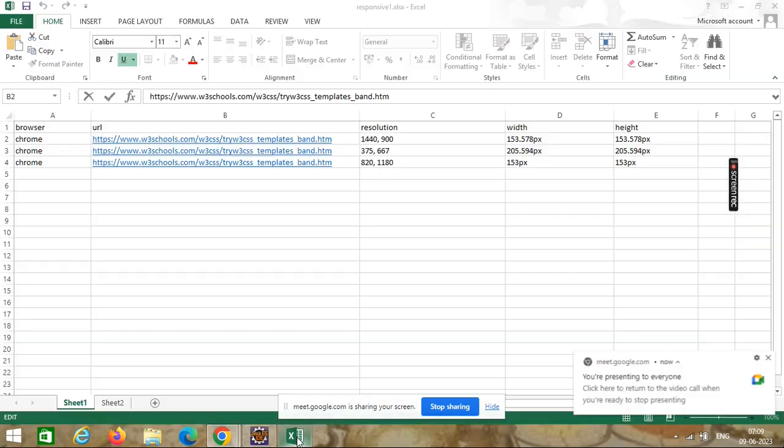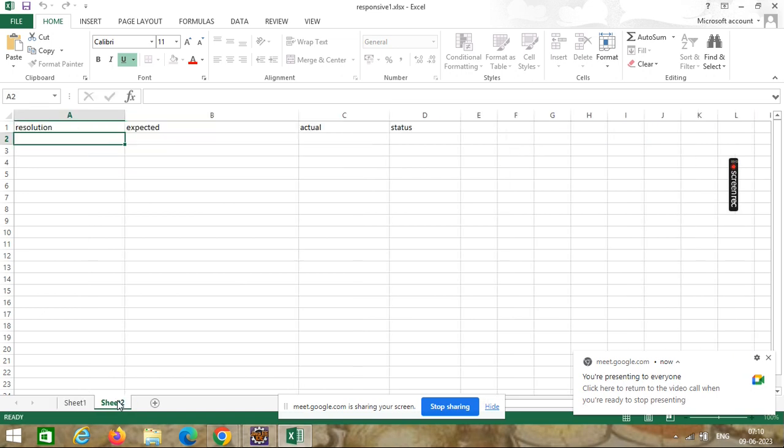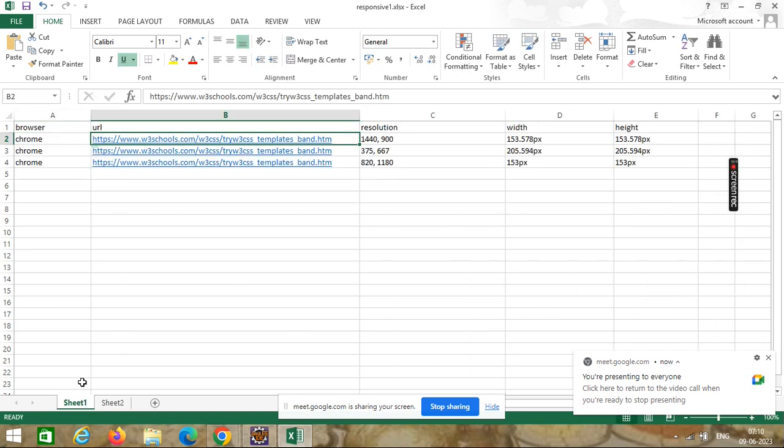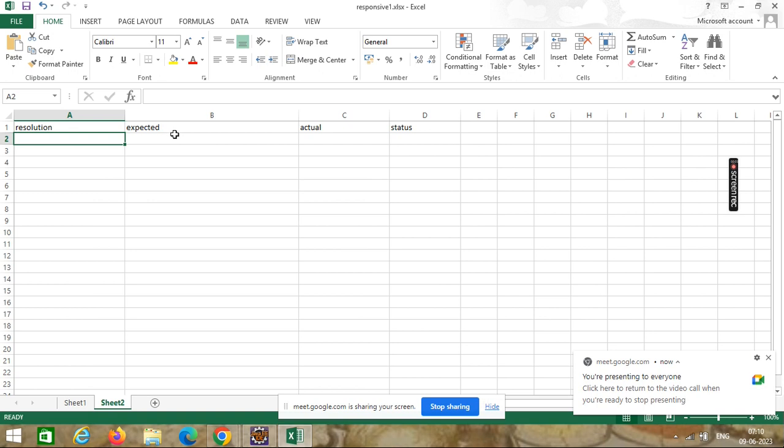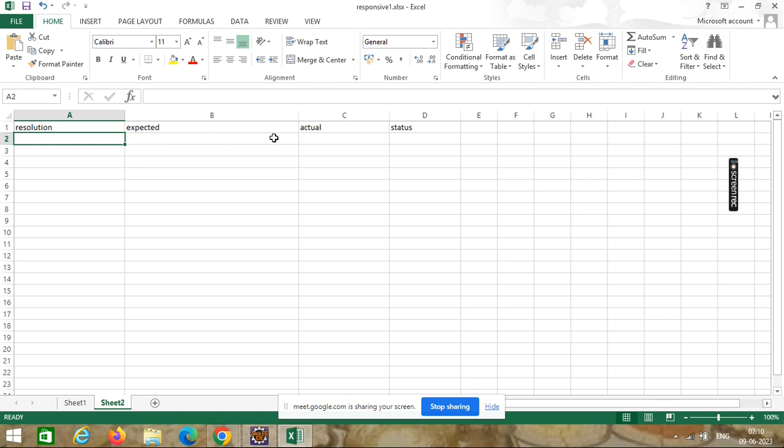So this is the data provided in the Excel sheet: browser name, URL name, resolution, width and height, which I want to test, and I want to record this information in sheet number 2. This is the blank sheet number 1, from where I want to read the data, and in sheet number 2 I want to insert the data, that is which resolution I have tested, what was the expected image size, and whether it is pass or fail.